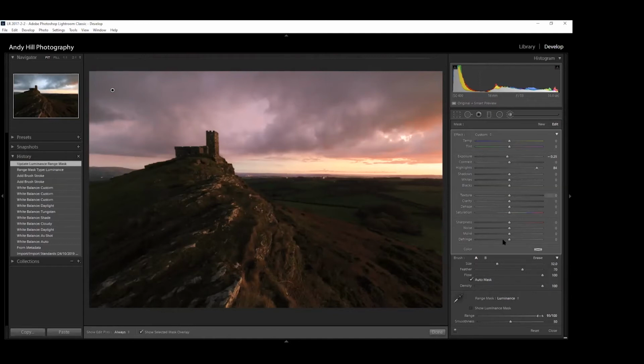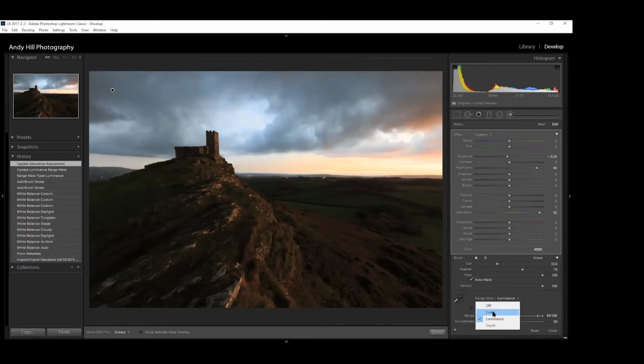And then what we could say is what we want to do. In this instance, I want to increase the saturation of the sky. So what I can do is I can punch those clouds up in there, but it won't have done anything on here. So just play around with there's the mask on and off. So play around with the